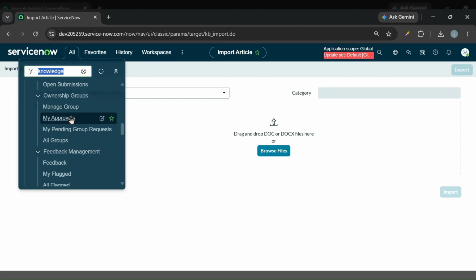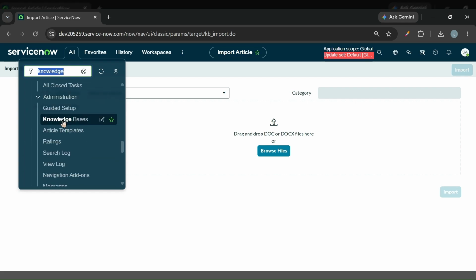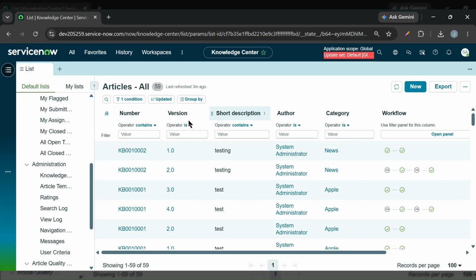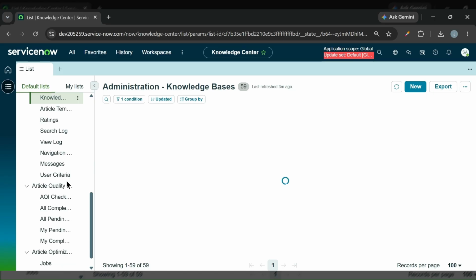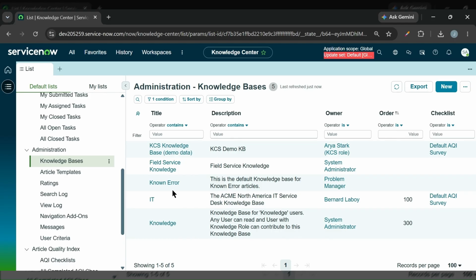If I am the owner of the knowledge base, then I'll get the approvals, so we can see that approval as well. And here we can see the feedback management. The user has given the feedback, all the feedbacks are stored in the feedback table, so that the author can see and improve it. And in the administration we can see the knowledge bases. So if I go to knowledge bases, again it opens the knowledge center itself. Under the knowledge center, we are in the knowledge bases table. In the knowledge base table, there are five knowledge bases here: IT, known error, field service management, KCS,